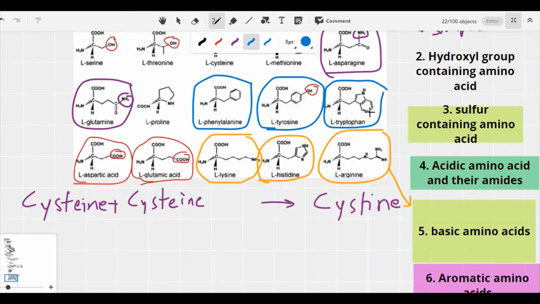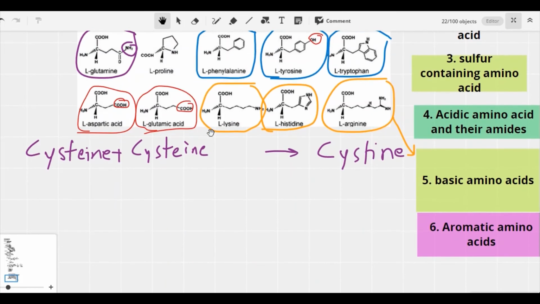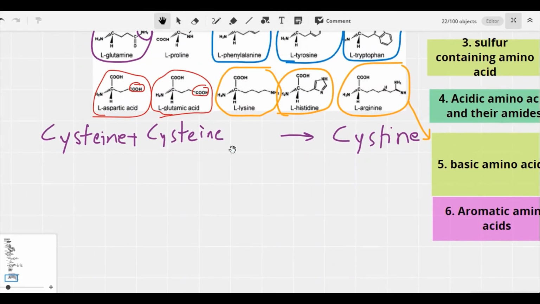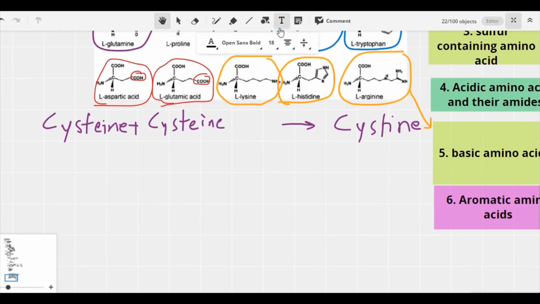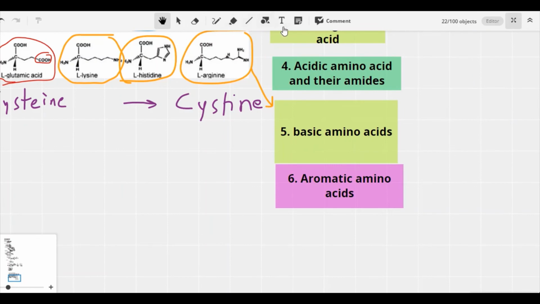Okay, besides these, in case of histidine, because you can see here histidine also contains an aromatic ring, that may also be considered in this category, the aromatic amino acids. Okay, the number 7, because we didn't place proline in the aromatic amino acids because that does not contain any aromatic ring. Okay, now the number 7 group,